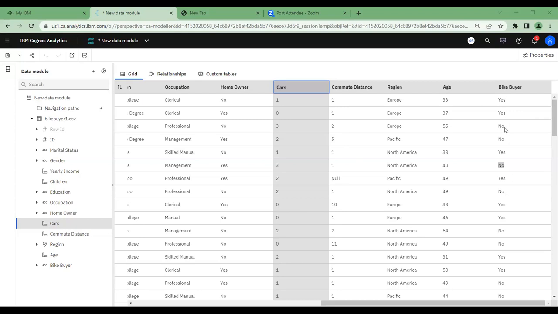We already have the responses yes and no. But if bike buyer is our target feature or variable in the project, we have to explore and discover what makes a respondent respond favorably, that is say yes, or unfavorably, say no, to our question.